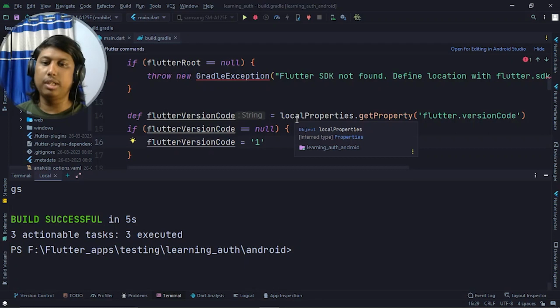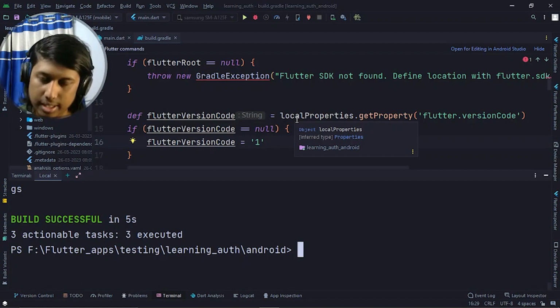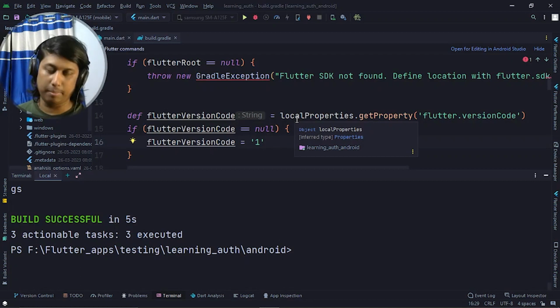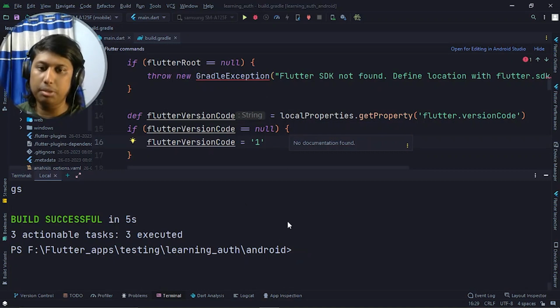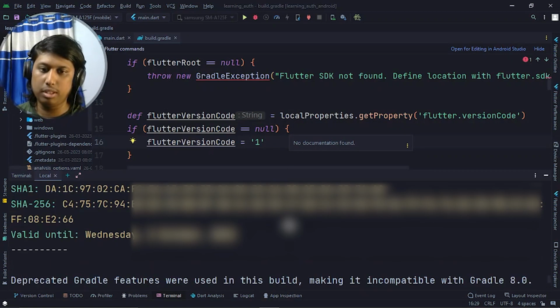The SHA1 and SHA256 keys are generated, but keep in mind one thing: the key is very confidential, so don't expose it publicly. So use it accordingly. Okay, now we have to copy that SHA1 key,